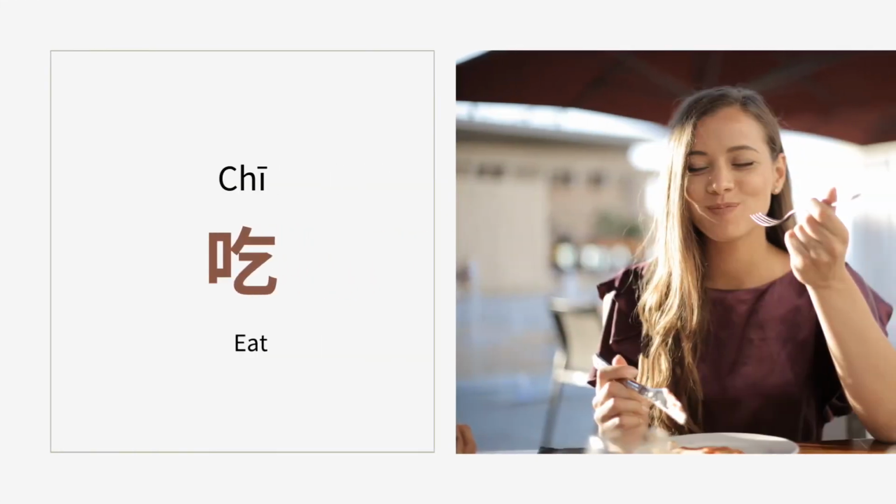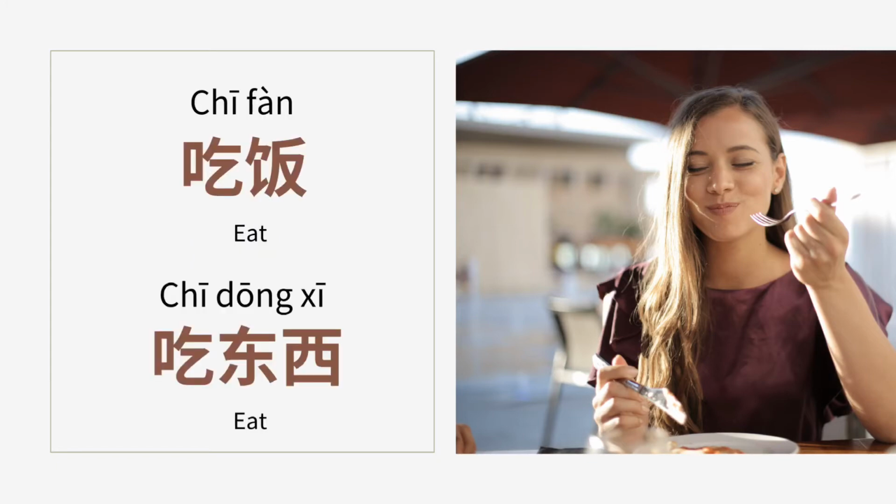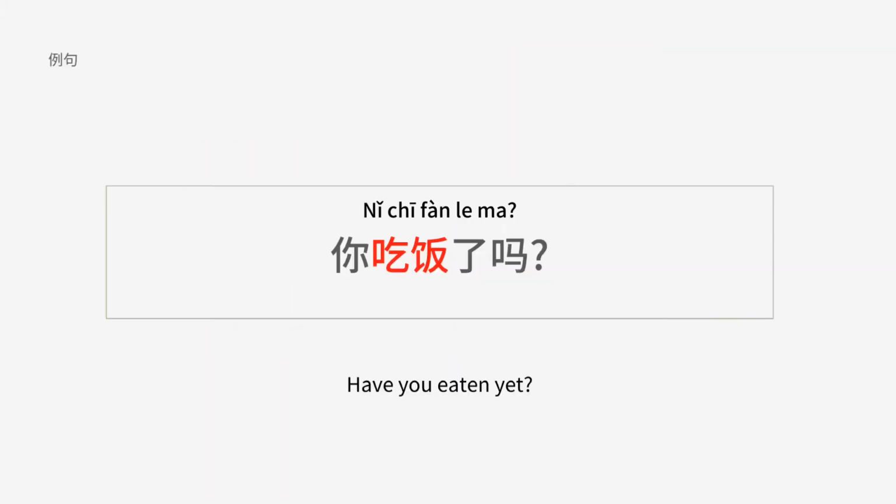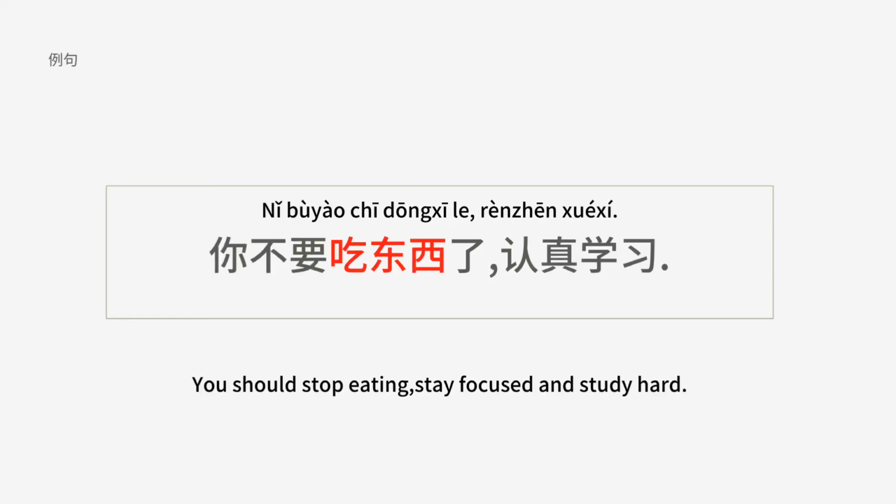Next one is frequently used in our daily life, which is 吃 eat. 吃饭. Here 吃饭 means eat the whole meal, not just the rice. 吃东西. 你吃饭了吗? 你不要吃东西了，认真学习。